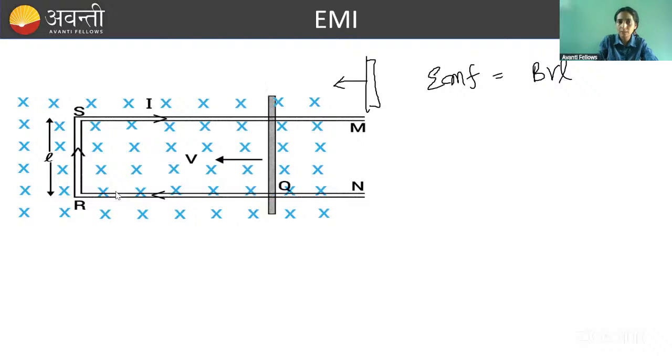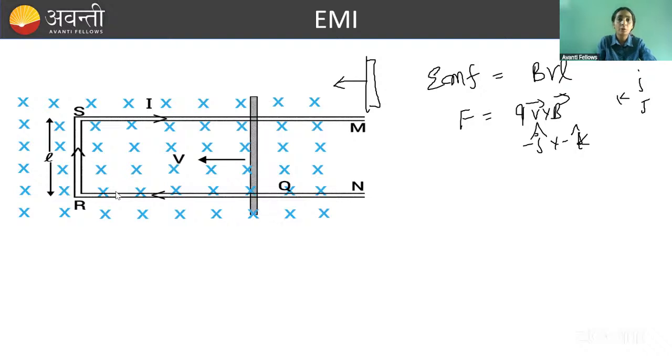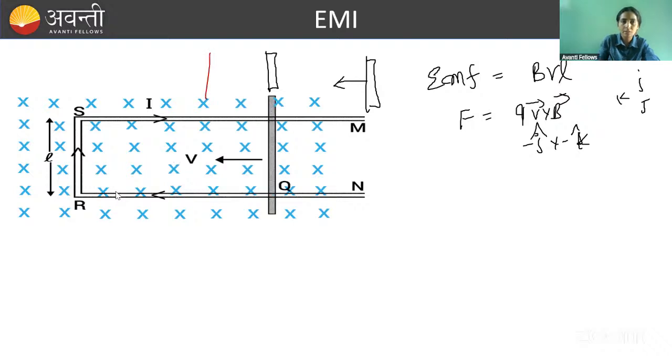The magnetic field is inward. For the direction of force on a positive charge, the velocity is in the minus i cap direction, and the magnetic field is in the minus k cap direction. You already know i cross k is minus j. So for this rod, positive charge will go to the bottom, negative charge to the top. So if you make the EMF for this rod, the top of the rod will be negative and